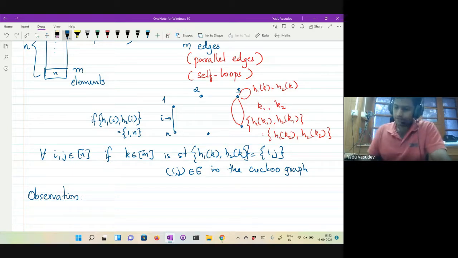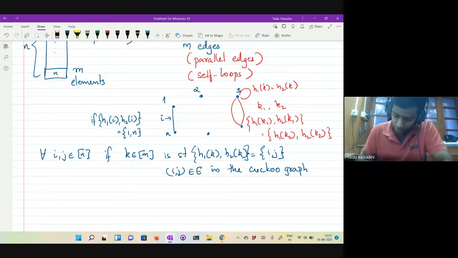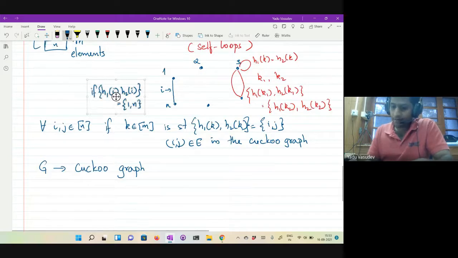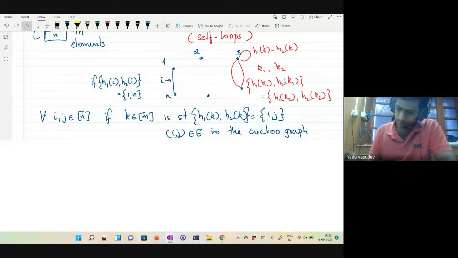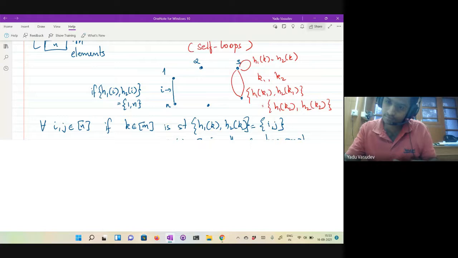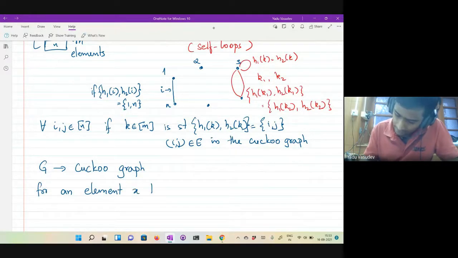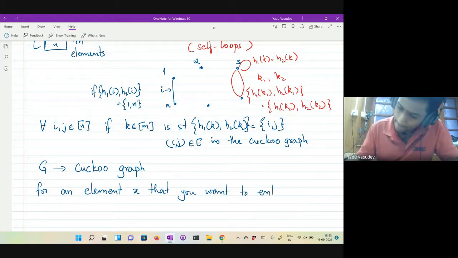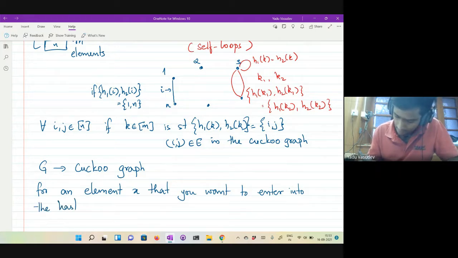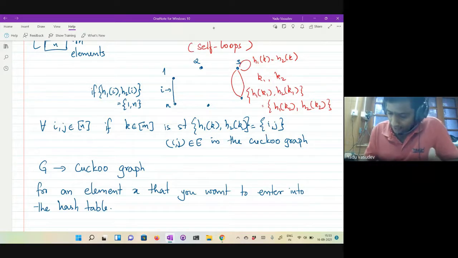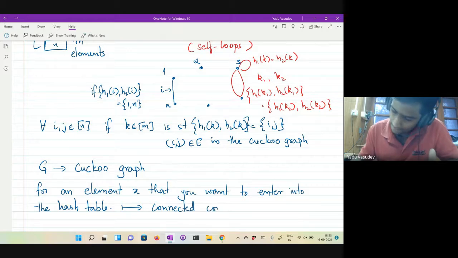Now if you are given this graph G, the cuckoo graph, and its connected components, then for an element x that you want to enter into the hash table, what you're interested in actually is the connected component of G containing the vertices h1(x) and h2(x),